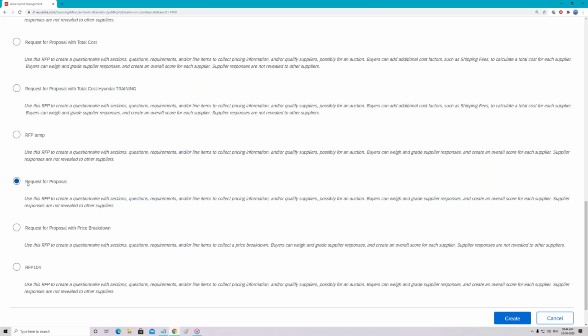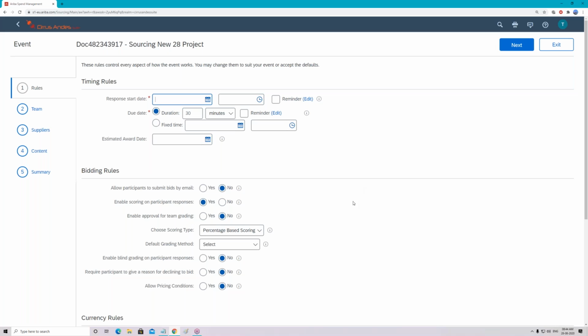Okay, but for now, we have clicked on request for proposal and we are going to click on create. Now, see, this is the document ID which has been created and this was the description of our sourcing project. Now our sourcing project has been created. Yes, custom template configuration is a mandatory thing in any project which you have to do. We are going to see this in depth, guys, in our template configuration session. Why? Because everything will happen in a step-by-step manner.